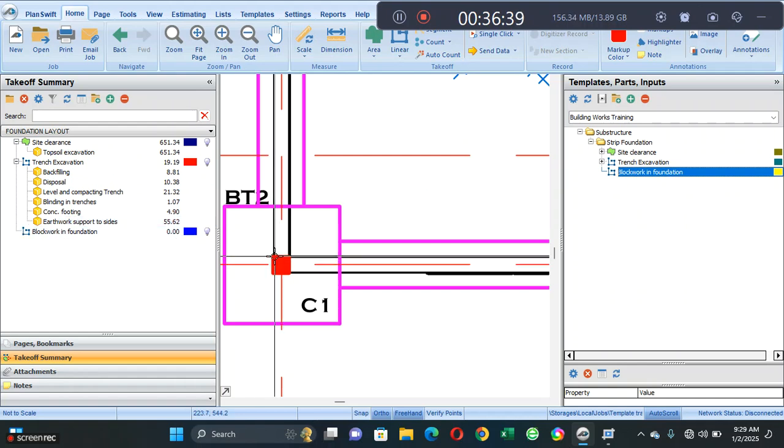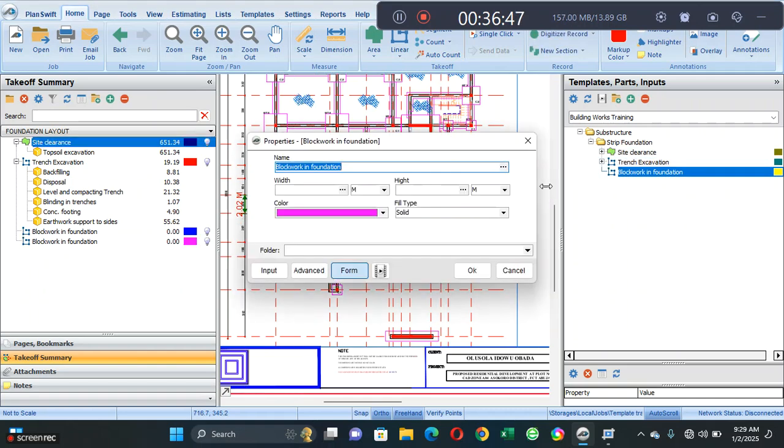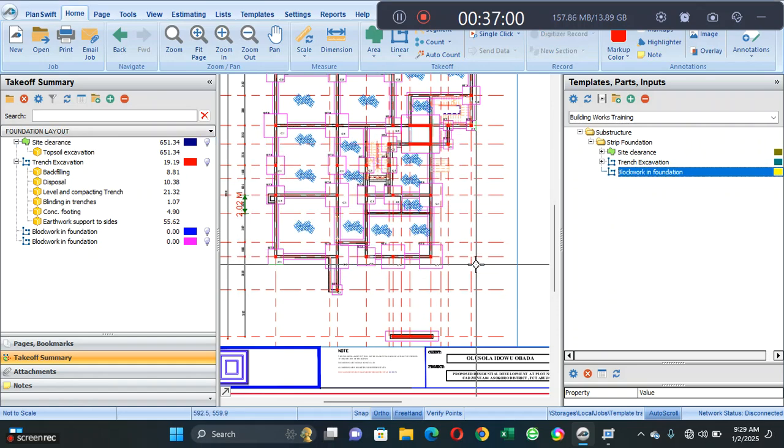Let's measure first. Sorry, let me click on it again. 0.23 and we have 1.2 here. Okay,